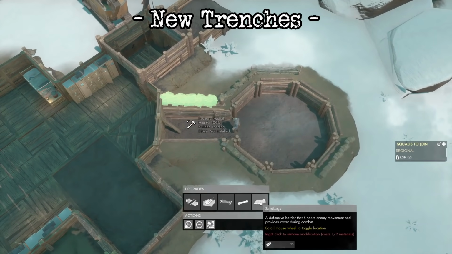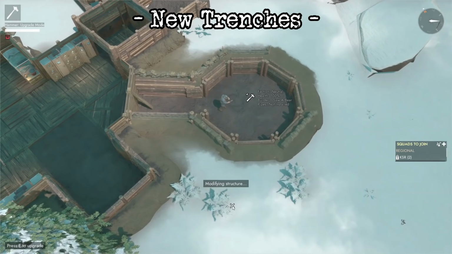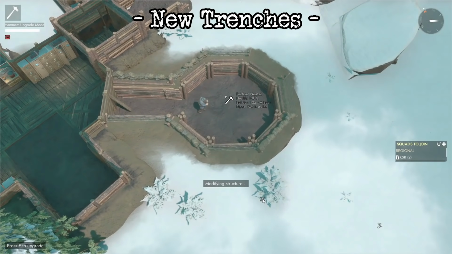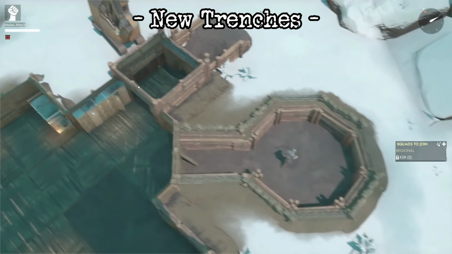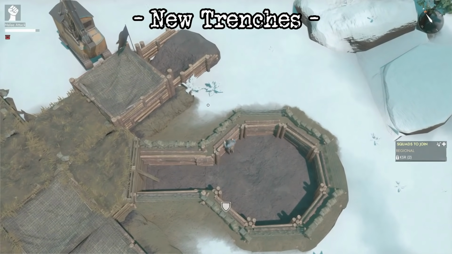Of course, these new upgrades also apply to every piece of trench network you can construct. Connector trenches, trench pits, everything. It's all customizable now. Just be sure not to isolate yourself in your own trench if you get carried away